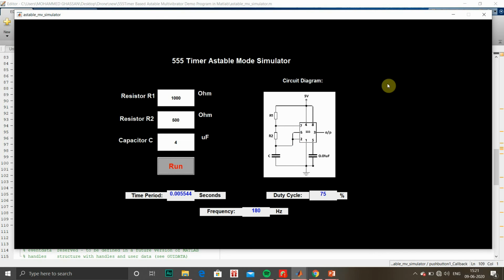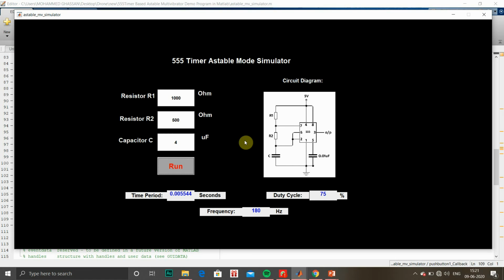So this was the simulator we have made, and this is the circuit diagram. I have also explained how to build a circuit for monostable. This IC 555 pin layout and working is very important for an electrical or electronics engineer. You cannot forget all these concepts related to IC 555.